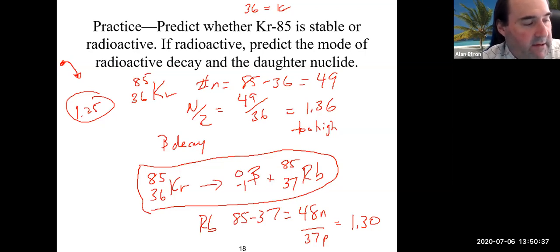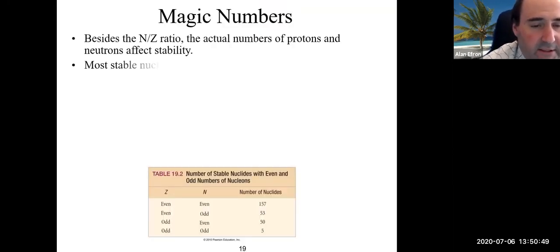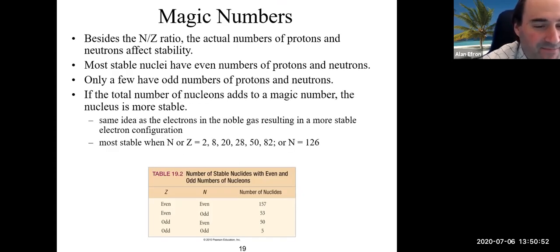So this is a very good way to look at stability. There are some other ways that we look at stability. There are some magic numbers, perhaps. Besides that N to Z ratio, which is a good way to look at stability, another important way is to look at the number of protons and neutrons, not necessarily the number, but whether or not they are an even number or an odd number. When we look at this table at the bottom, which is not from your book, but you have a very similar table in your book,